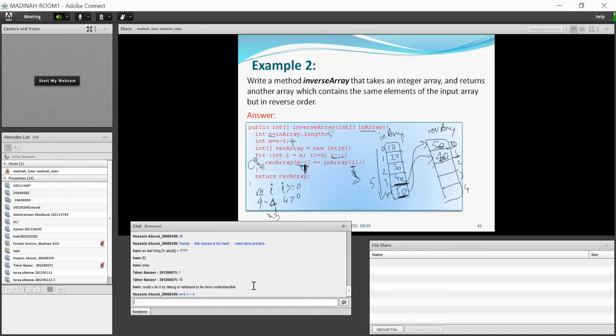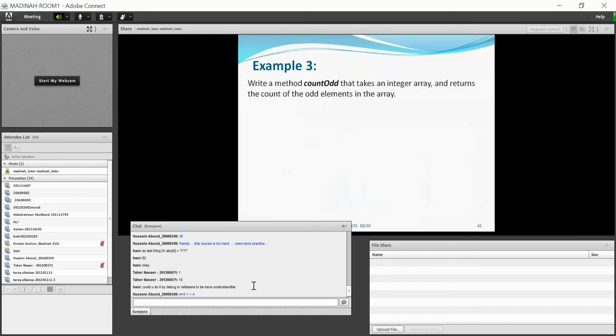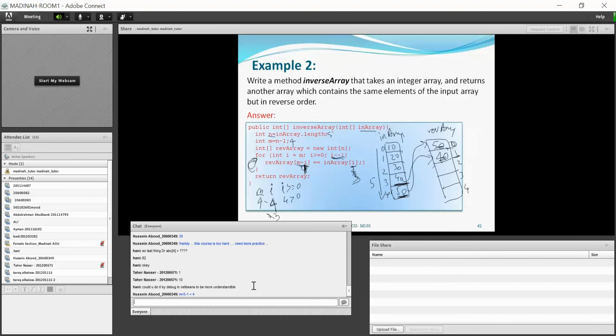Again go back to the loop. i becomes i minus minus, i becomes 2. Now i is 2, m is 4.